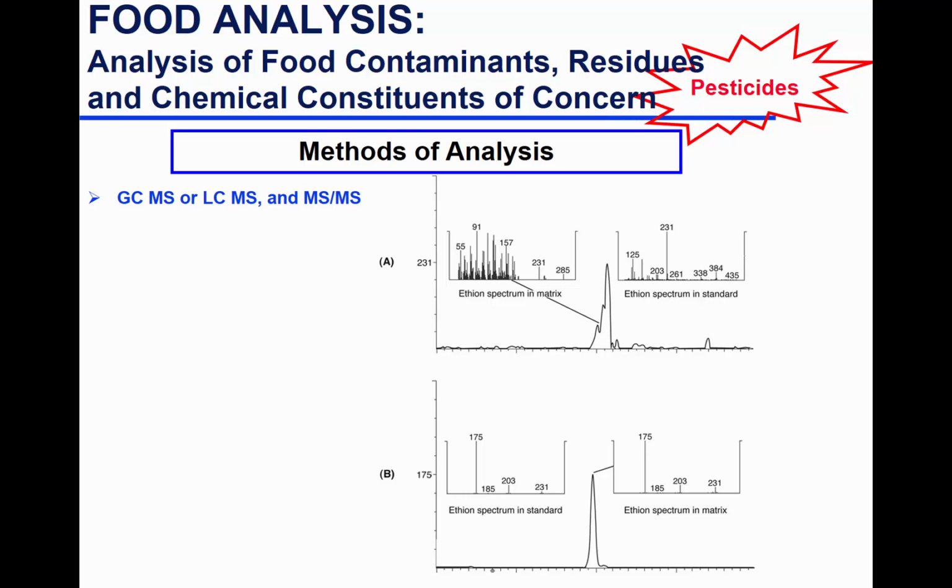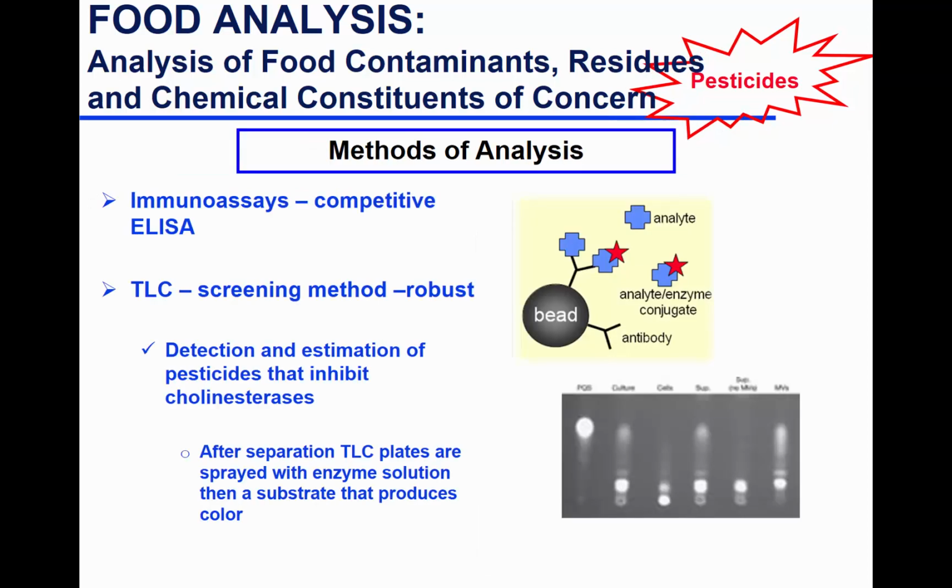This is an example where you have a lot of noise with the first MS. If you take a second MS, you will have a much cleaner spectrum that you can compare to a standard and confirm identification. Pesticides can be determined using ELISA as well as thin layer chromatography. How they do it with thin layer chromatography is you run your samples